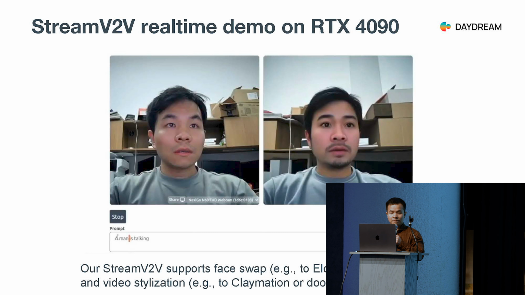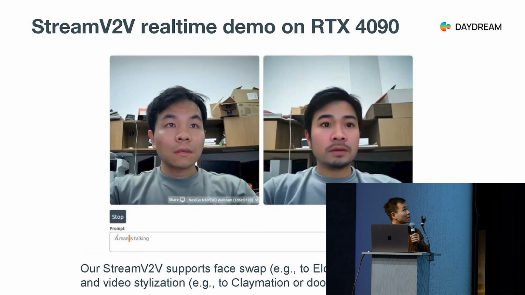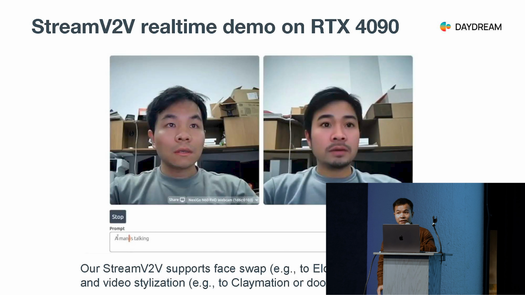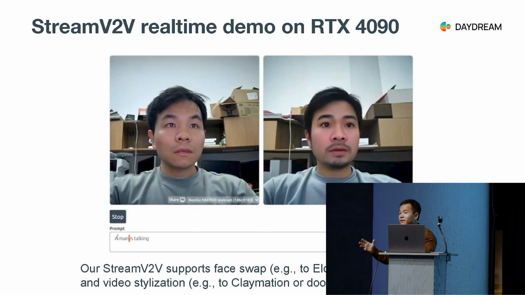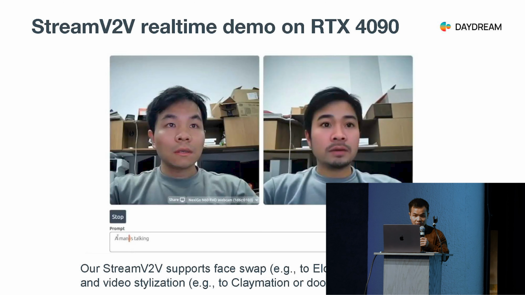Okay, this is a highlight demo of my work, StreamV2V. This is on one RTX 4090. Again, this work was done like 1 year ago. So if you look at the quality, it's not that good. But the idea is that we can change. Okay, let's change to my boss, Mark Zuckerberg. Okay, and we can also change to Leonardo DiCaprio. If you look at the background, it transfers the boxes into your house, which means the model understands the Leonardo DiCaprio